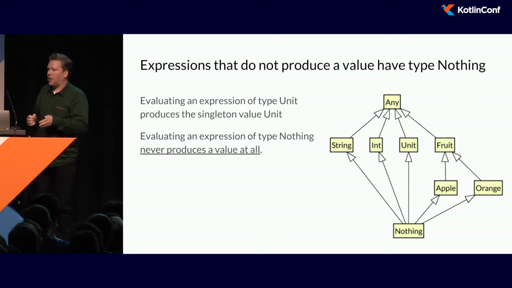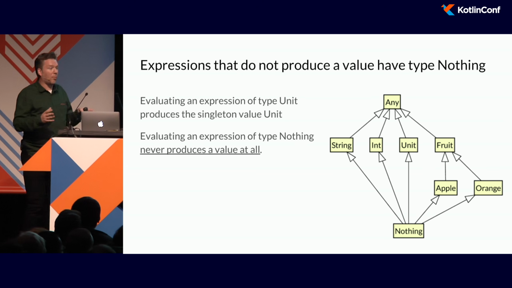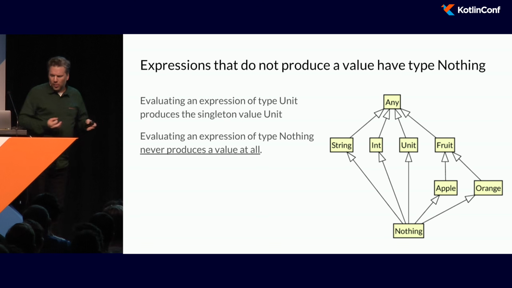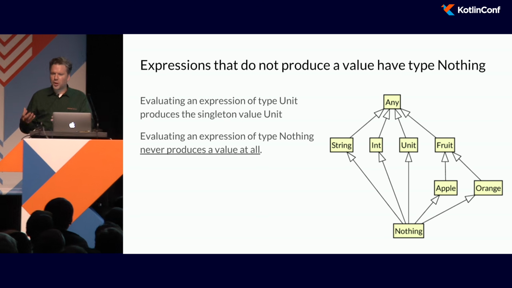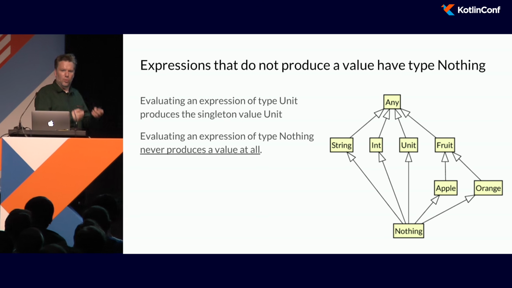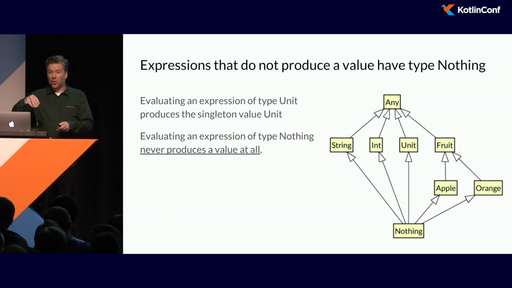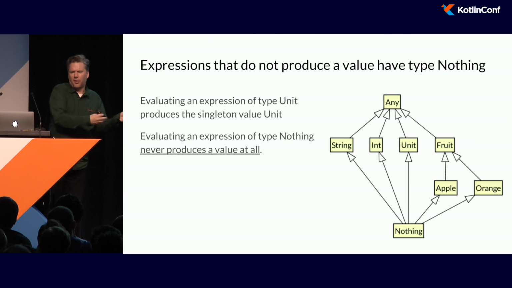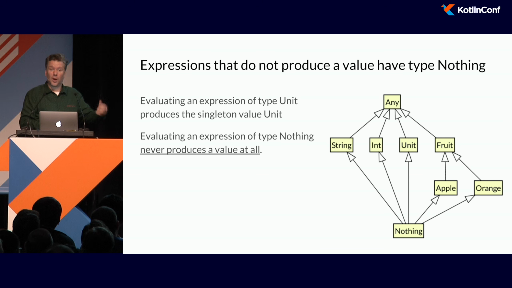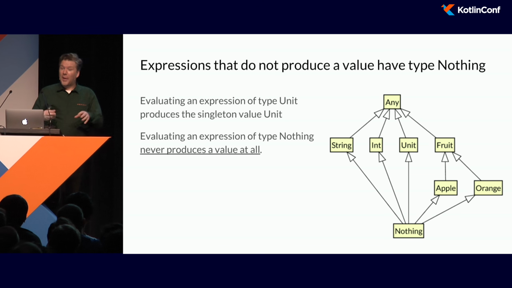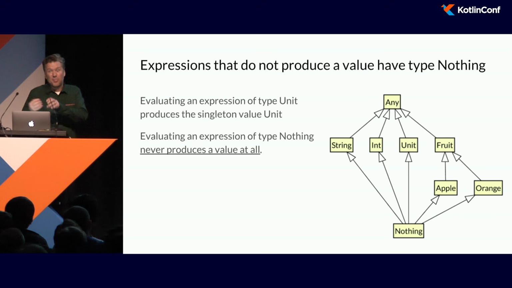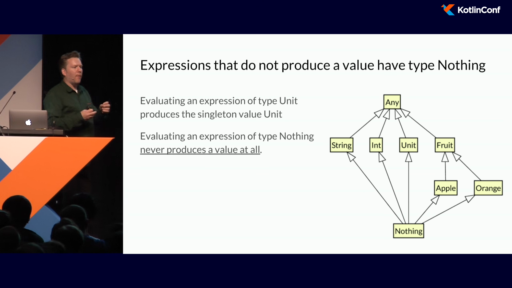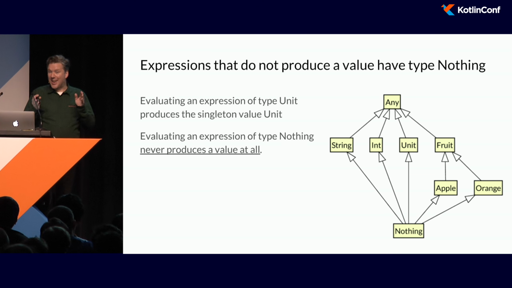Now this is an aspect of the Kotlin type system that has no equivalent concept in Java at all: the type Nothing. The type Nothing is used for expressions that don't produce a value at all. Type Unit is for expressions that complete but only perform side effects; they will return, but they won't calculate anything, and they will return back to the caller. The type Nothing is a type that has no values in it. It's the empty set. And it represents the value of an expression that never completes.